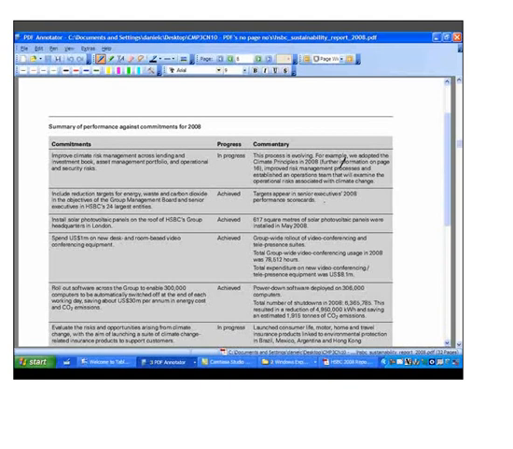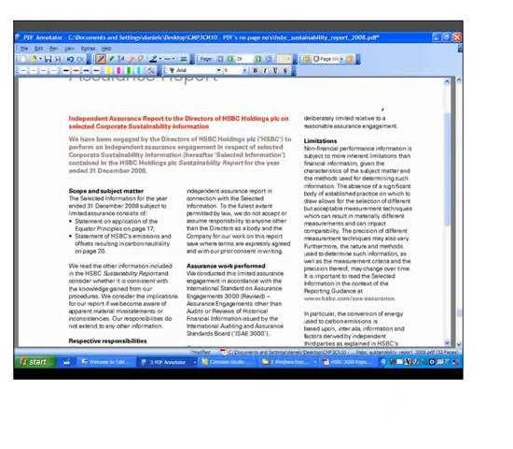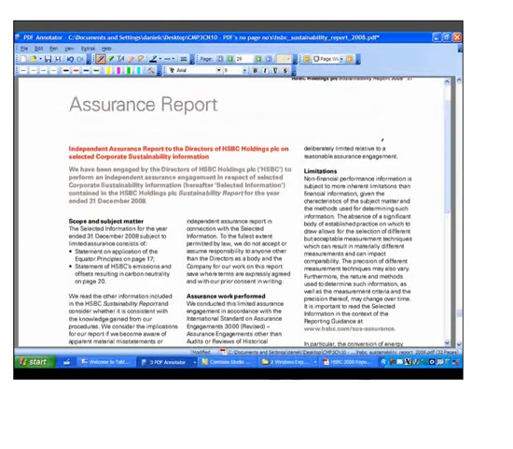Now, what HSBC have also done, and again this is quite common for many large organisations, is they have commissioned an assurance report, which is a sort of audit of their sustainability report, which in this case has been carried out by PwC, who are also their financial auditors. These assurance reports vary quite a lot, and they tend to be quite specific about what they are and aren't saying. So if you have a read through the report, and I'd recommend you have a look at this or perhaps similar reports,